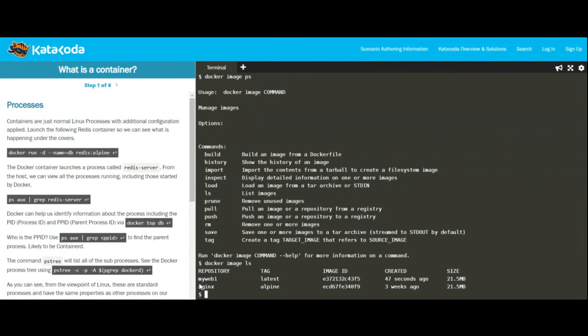You see there are 2 images. The first image is my image, web1, and before this, the bottom image is the nginx image. On the nginx image, my image was created. So my image contains all of the layers, because the first image was the nginx image. Okay, so you can see that it was just created 47 seconds ago. And I don't know why this one is saying 3 weeks ago. Anyway, so now I want to run it. Now my image is ready. My next step is to run the image in a container. So I will say docker container,